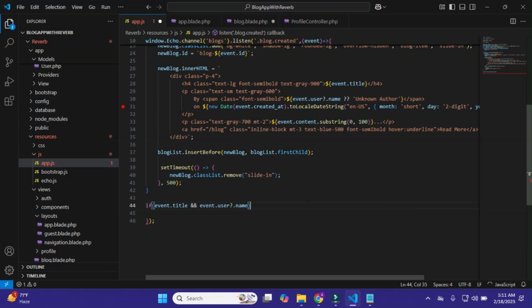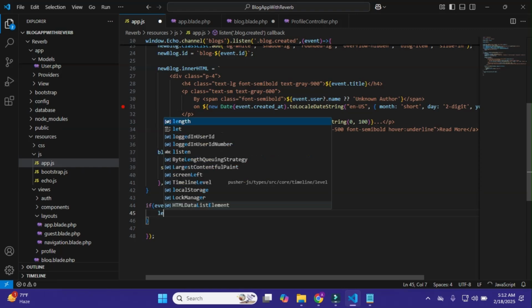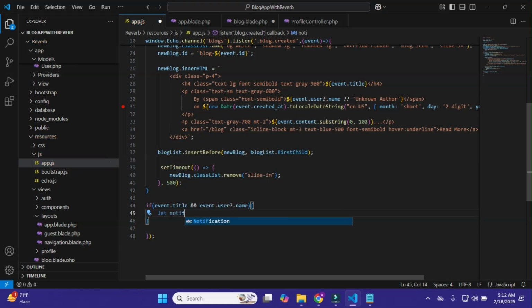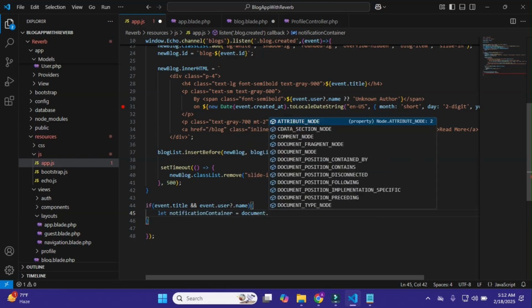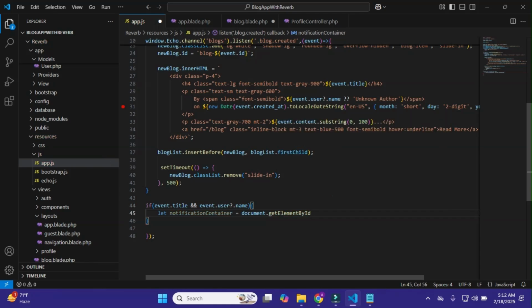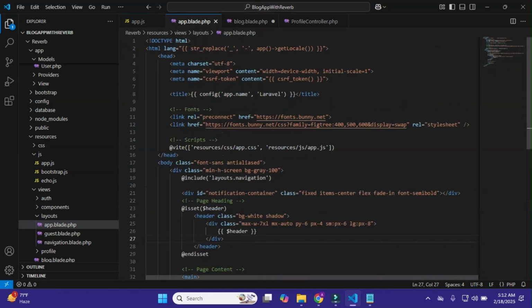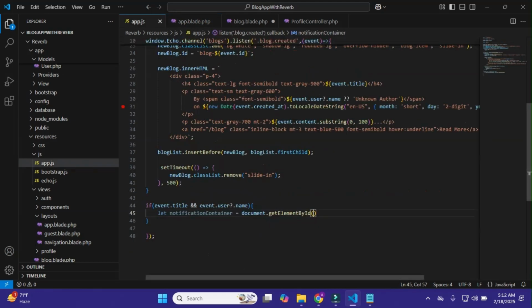Okay, that's it. Here I'll make it let notificationContainer = document.getElementById, and that is this notification container. I'll copy it and paste it here in double quotes.